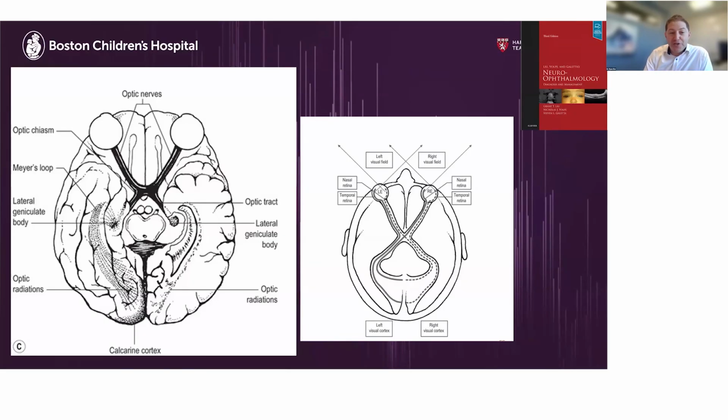And so in this picture, you see the visual pathway. And so the goal is to show you how your OCT RNFL can take you from the front of the eye all the way to the occipital lobe before you can't see any changes on OCT. So typically lesions in the occipital lobe, which don't tend to cause optic atrophy, which don't tend to cause afferent pupillary defects, also don't tend to cause changes in your ganglion cell layer. So that's kind of where the limitation can be in terms of use of OCT, is that once you get into the very end of the visual pathway, it stops projecting forward. And so you just have to be very mindful of